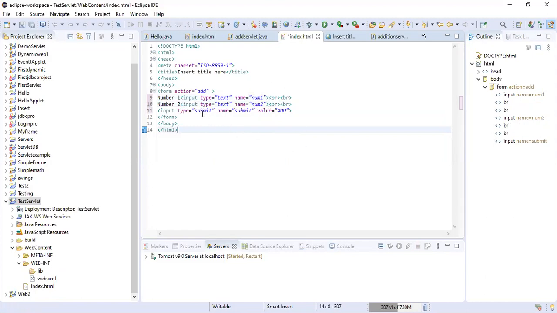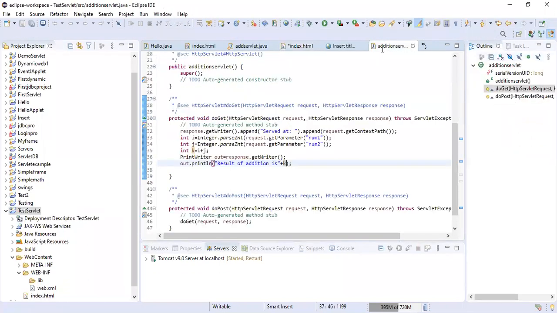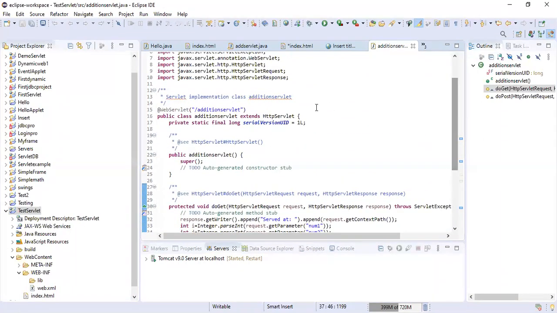And what I want now, whenever I click this submit button, it should go to the add. Now what I want, I repeat, when I click the submit button, it should go to the add. Check it out, what we are getting over here in action, it is a URI, uniform resource identifier. So it should go to the add. But right now I have created the addition servlet. Okay, this servlet is created by extending HttpServlet.